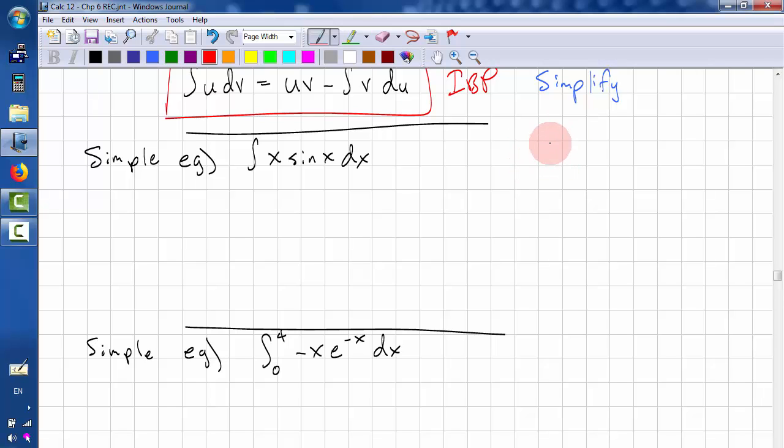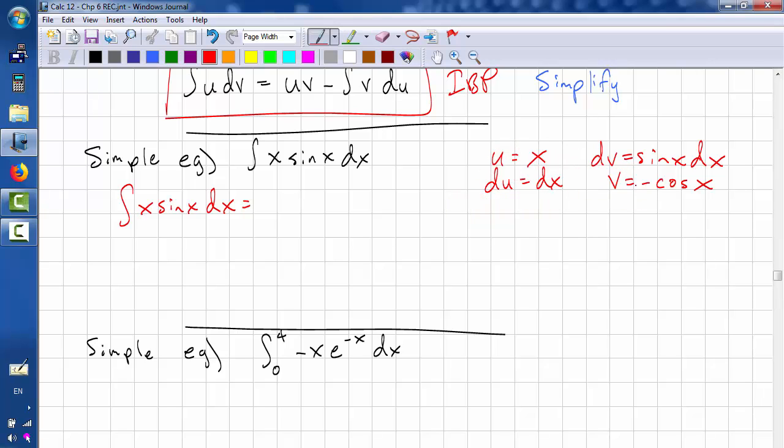So this is a matter of practice, of seeing where the patterns come in. So we say u is equal to x, and we say dv equals sine x dx. So we want something that's easy to take the derivative of, and something that's easy to integrate. du equals dx, and v equals negative cos x. So now we can substitute with our integration by parts formula. So the integral of x sine x dx